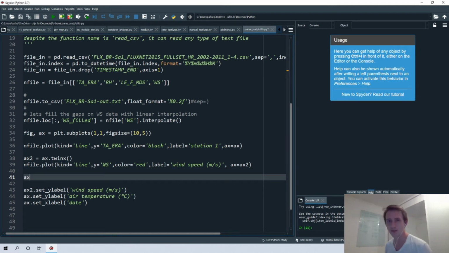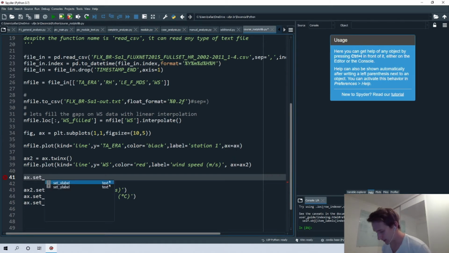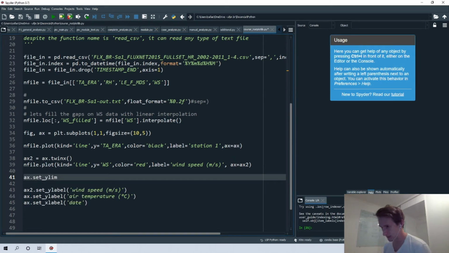So for the first plot, that is the first variable, the air temperature that we are using for the first y-axis, it's x.set_ylim, because it's the limit of the y-axis, and then we must define it.